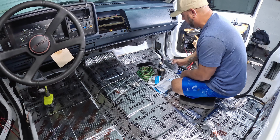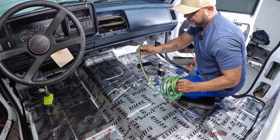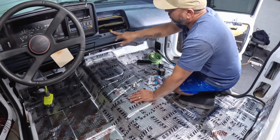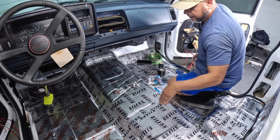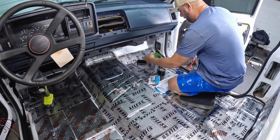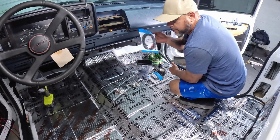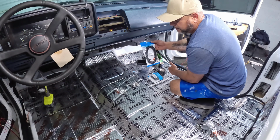All right, guys, I have all the RCAs right here. I'm going to use all these RCAs, and I'm going to use 8-gauge wire for the center console to feed the distribution block. The first thing I'm going to do is find a way to get the remote wire from the radio all the way to the center console, and then from that point run the remote lead to the back. The second thing I need to do is run this 3.5 millimeter cable. This is gonna be the signal that's gonna feed the analyzer